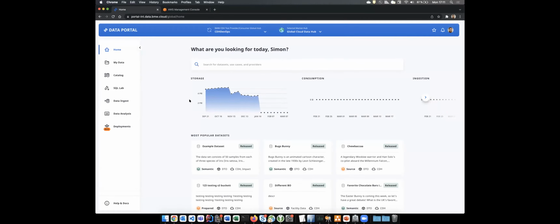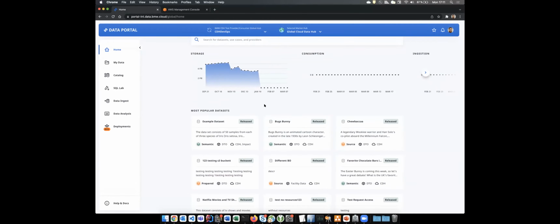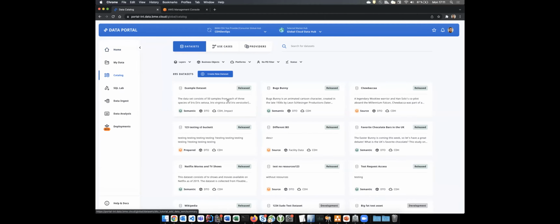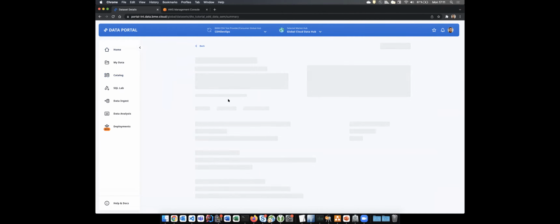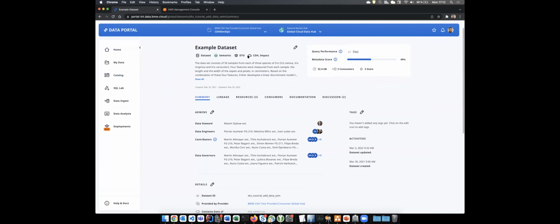But getting back to the data portal, what we have here is really the overview. So what's the data volume at the moment? What is the consumption? Because we are here at integration platform, of course, it's not that much that is going on here, but you see also the most popular data sets. And the data set is really the fundamental unit we are dealing with. So this is where all the metadata is stored for a specific amount of data, and a data set in the end is a collection of S3 buckets and a collection of Glue databases together with the metadata, as you see here.